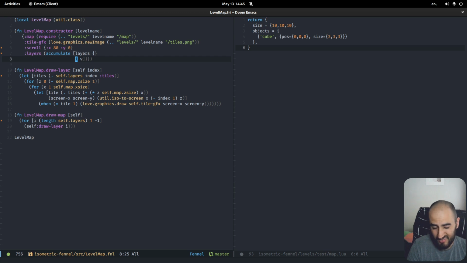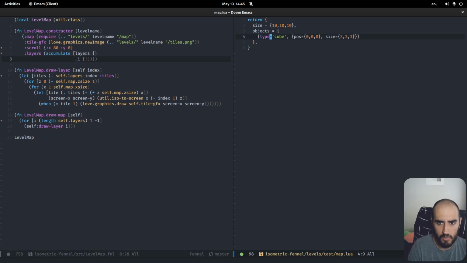Object index. Not that important. The object value. That's what's important here, right? And can I deconstruct into here? Hopefully we can. That would be very cool. We'll do type equals cube. So we get the type, right? And then why is this like this? Okay, this is fine. Type